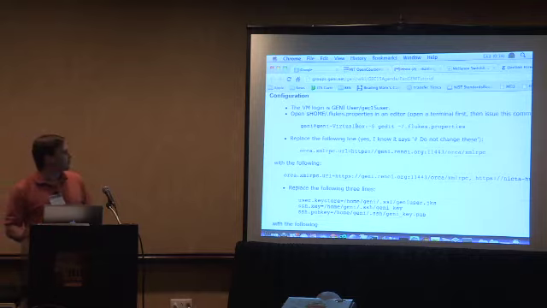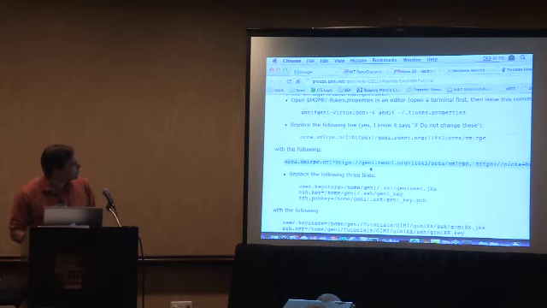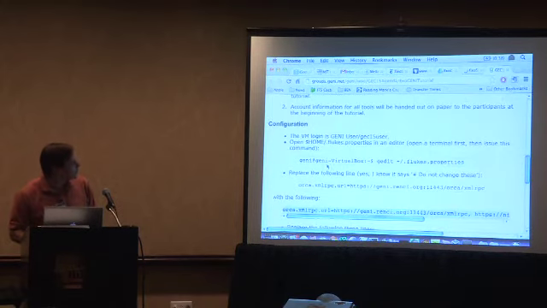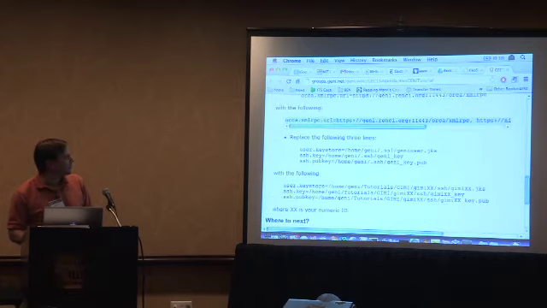So we need to do the following. We need to replace this line in the file. And if you have this page open in your browser, you should be able to cut and paste. We need to replace it with this line. And I apologize, it doesn't all fit in there. Let me see if this will do it. Yeah, there we go. And also, you need to replace these 3 lines